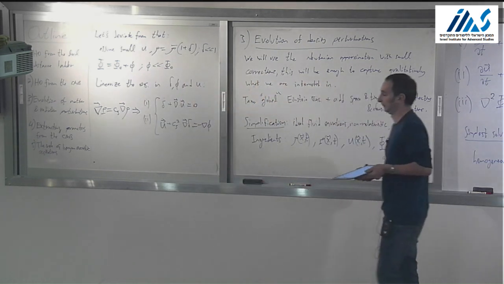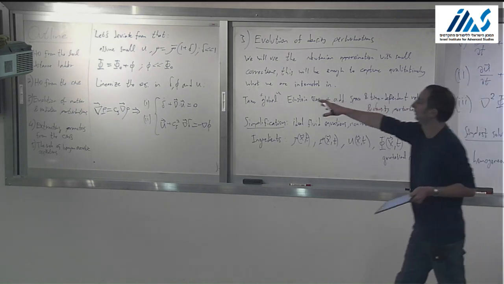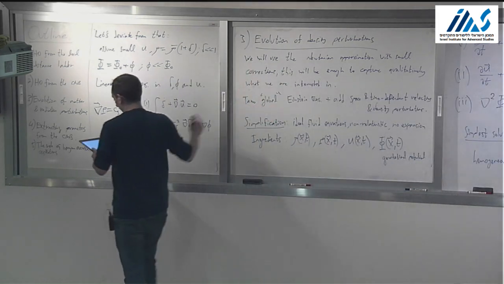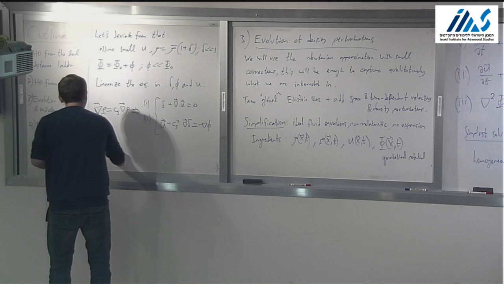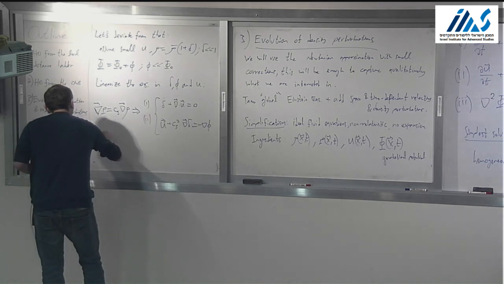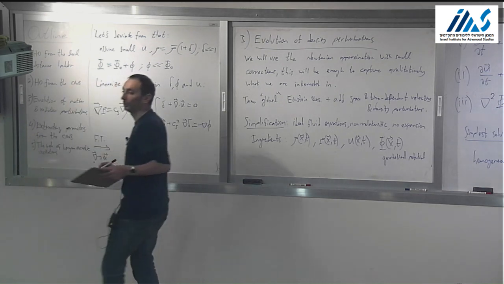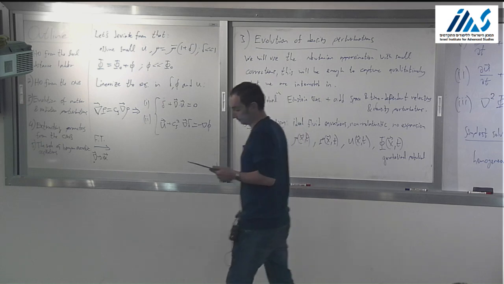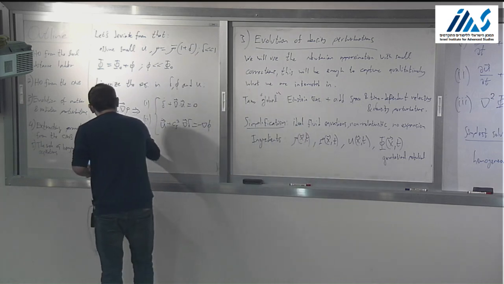Okay? By just plugging those assumptions into the equations and linearizing. Now, we take the Fourier transform, so the gradient becomes a multiplication by ik, and we write these equations as